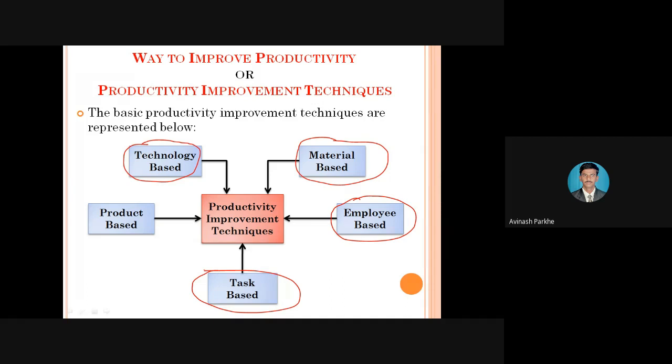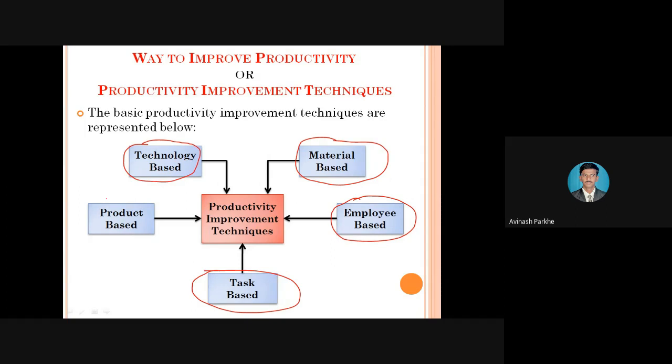Therefore, whatever task is assigned to the management, to the supervisors, to the laborers, they have to complete their task in the given period. If the task can be completed in the given period or in a minimum period, then also your productivity can be increased. Because sometimes 8 hours are given to you, but some workers can finish their work in 7 hours only. That means you have saved 1 hour of production time. Then also we can say that your productivity can be increased.